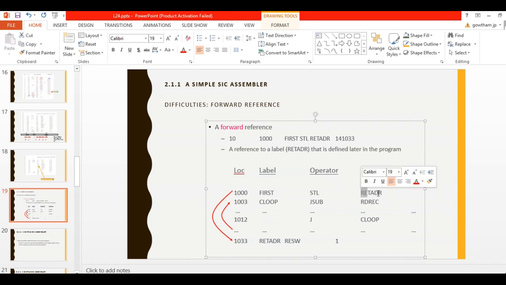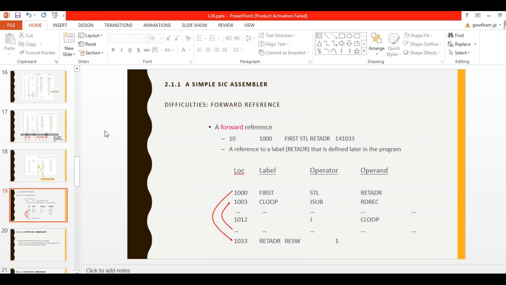For the object code we need the forward reference, which will be defined, the location counter value will be initialized, at a later stage. So this is a problem. The same thing applies to RDREC, it will be defined later, so the location counter value is unknown to the assembler.